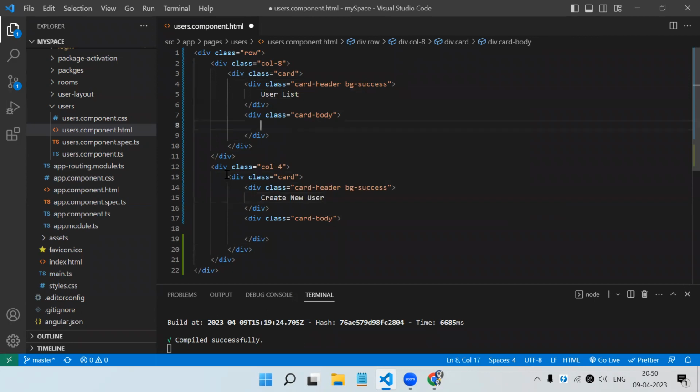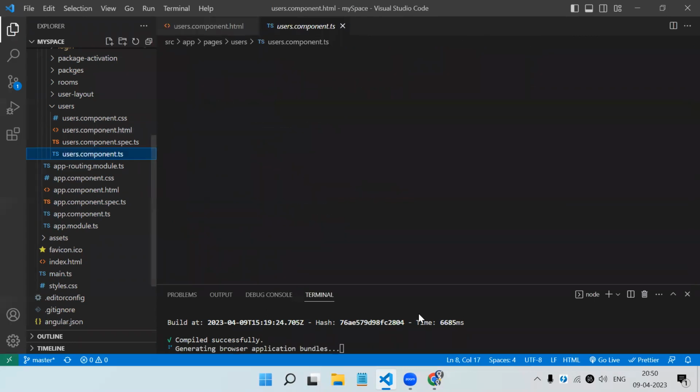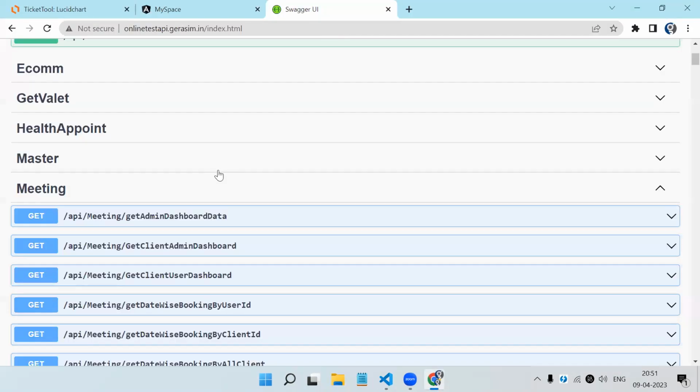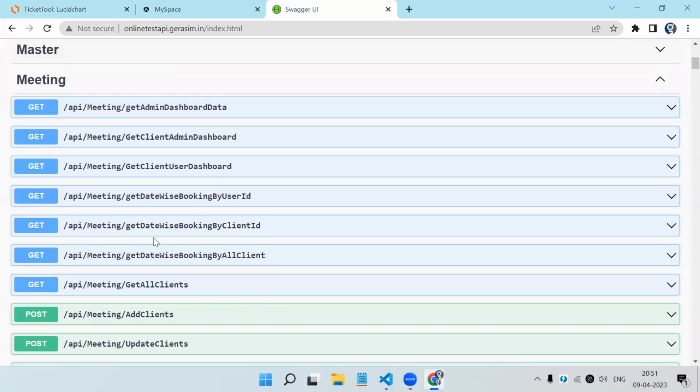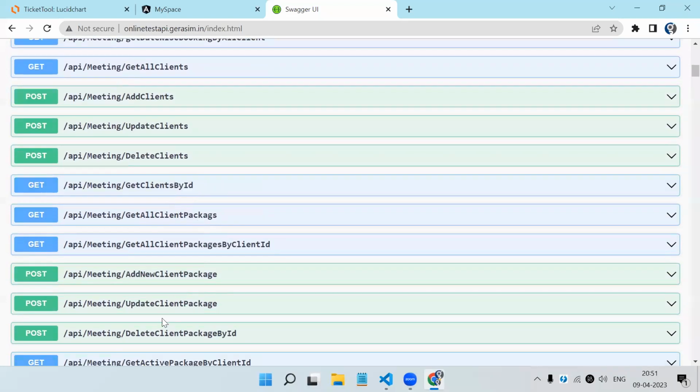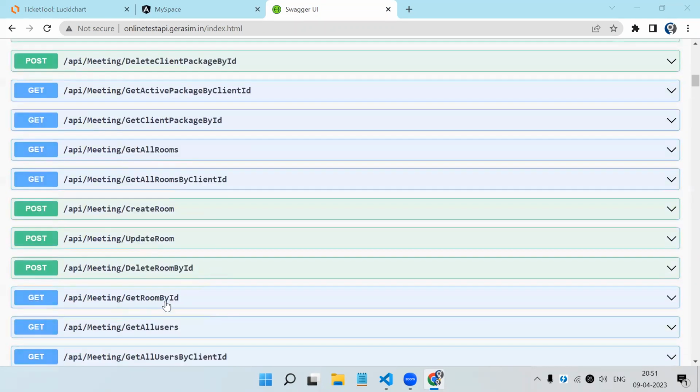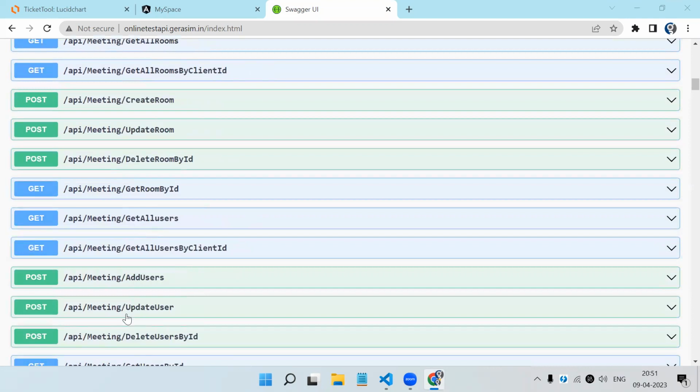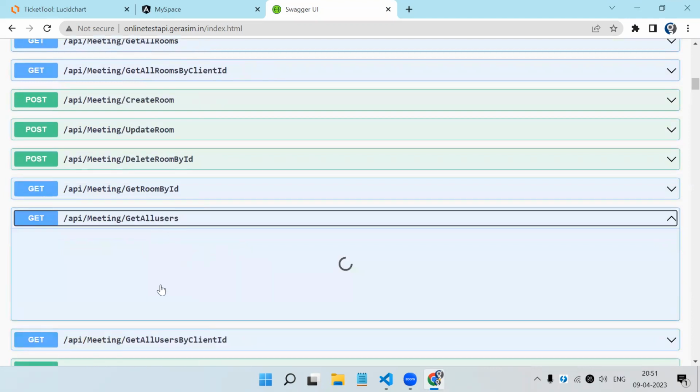Now, let's create the variable first. So if we see the Swagger for API documentation, get all user will be one API. Okay, so get all user. So this is the